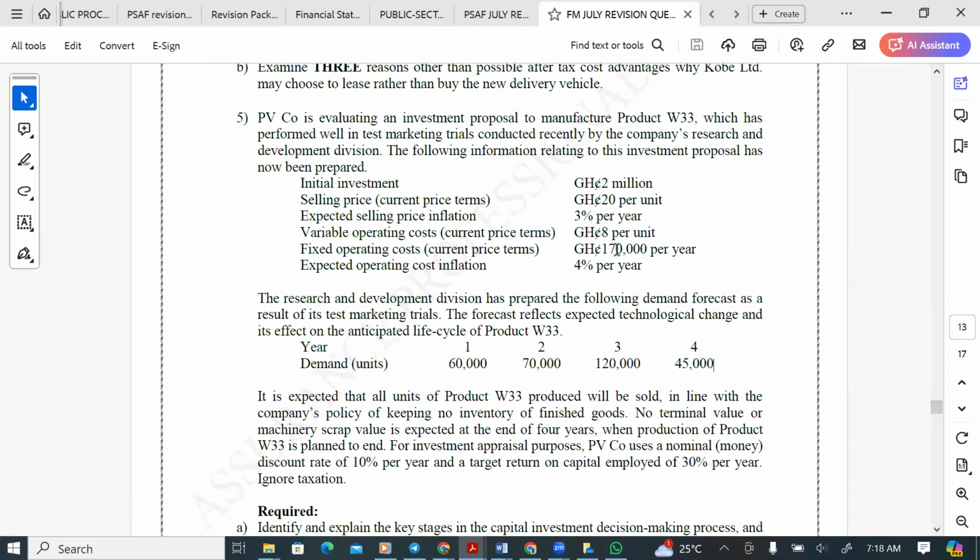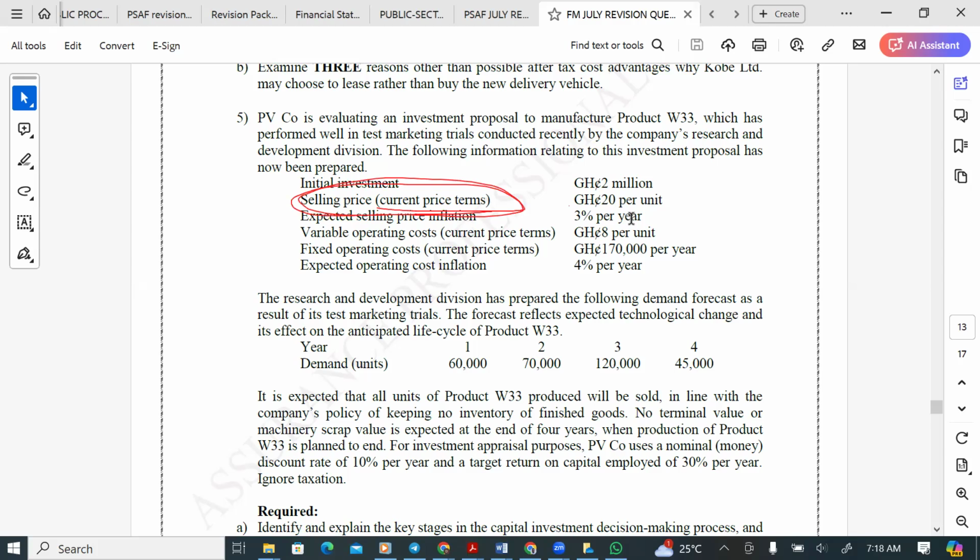The only thing over here is the inflation. There is no issue about capital allowance, and no issue about taxation, such as the tax benefit on depreciation. It's only about inflating the prices, everyone. Whenever prices are given in current terms, it means these are today's values. But cash flows are assumed to arise at the end of the year.